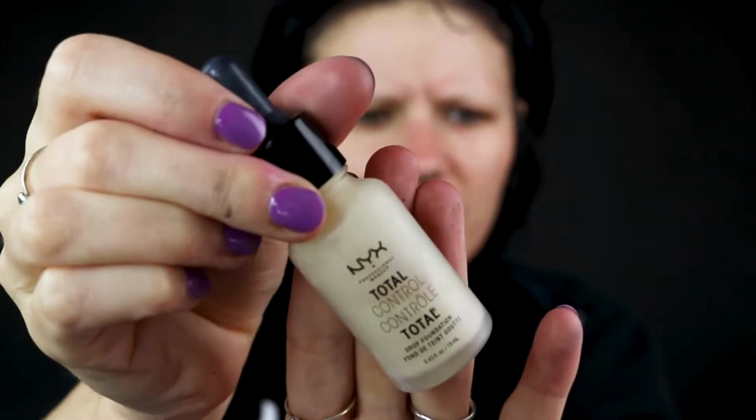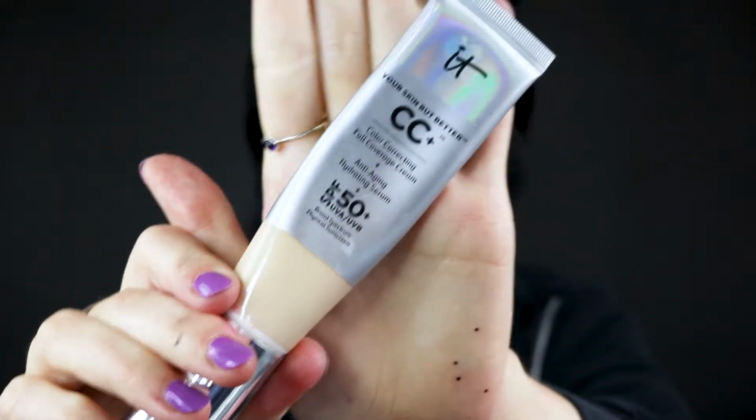Alright, so first thing I'm going to show you guys how to do is how I mix eyeshadows with foundation. Today I'll be using the NYX Total Control Drop Foundation. It just looks like that. And then I'll be using as well the It Cosmetics Your Skin But Better CC Cream. That, and then I'll be mixing it with